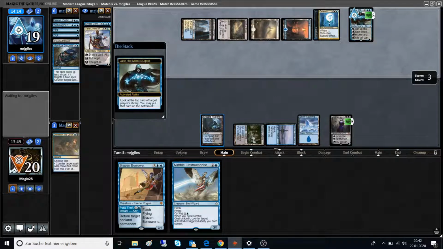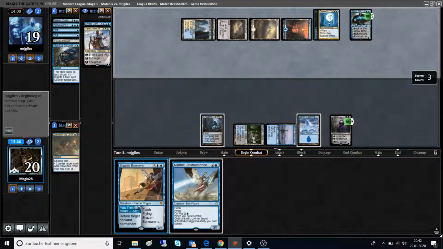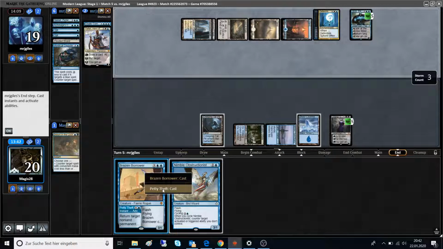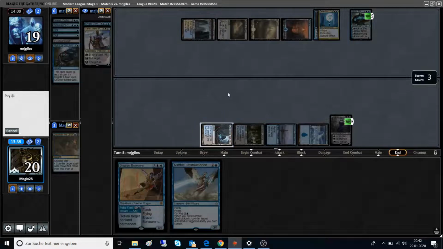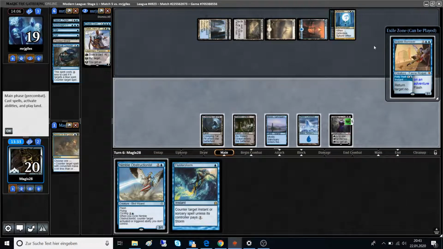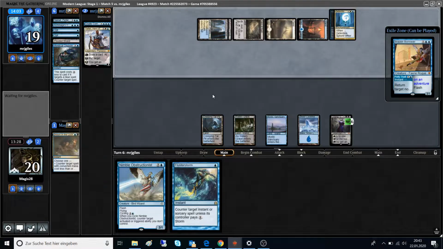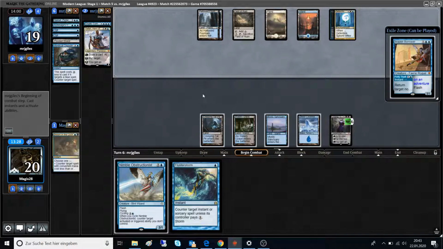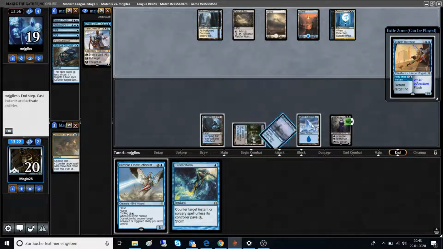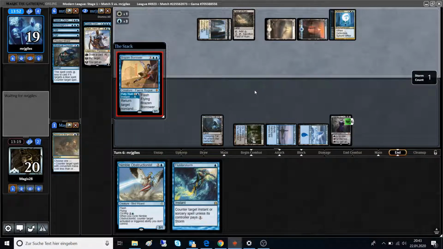Wow, okay. To do this now. Let's hope he doesn't Teferi us. Flusterstorm is not the worst, actually. Nothing. Does he want to use the Cryptic here? It's kind of awkward. He knows about the Flusterstorm, so...